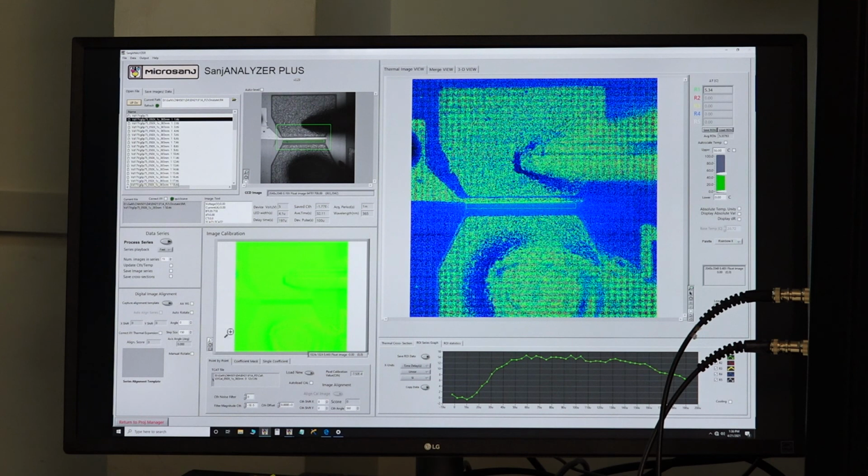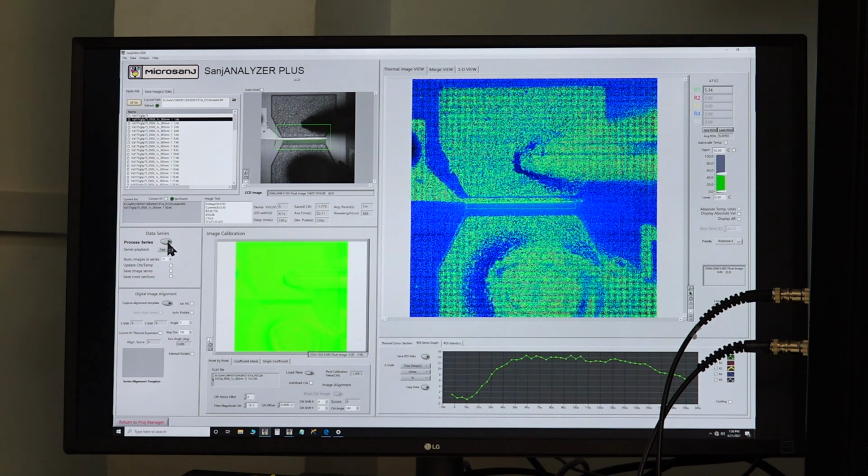Once that is done, for point-by-point calibration to get a proper temperature map, we'll go to this point-by-point tab. We'll select our file, this TCAT file that is written here, and we will load it. After this, we'll go to the folder where the image series is saved. Image series is nothing but images captured at each LED delay. So you can see 1, 2, 3, 4, 5, like 72 images are there. We'll click on the first member of the series, and we'll click on process series.